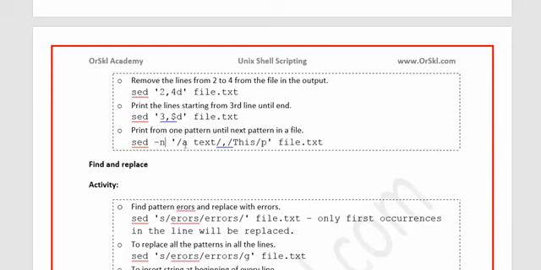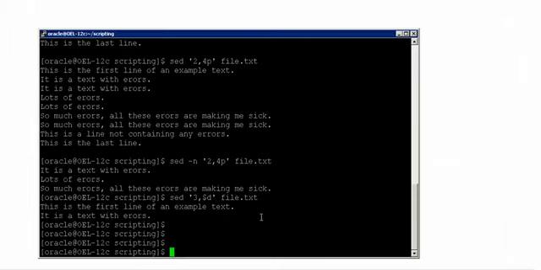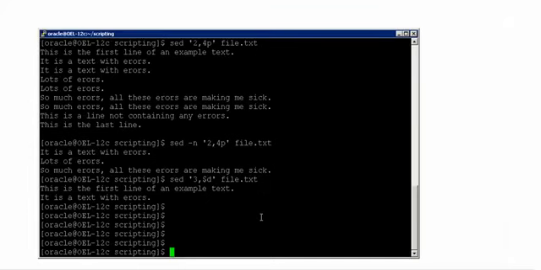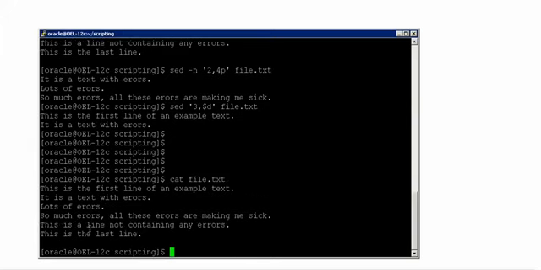And see here, if you wanted to search for a pattern called "atext" and replace that with this, how do you do it? But before that, let me show you where the word or expression "atext" is. In file.txt, if you see here, "atext" appears only here. This is the only occurrence of this pattern in the complete file.